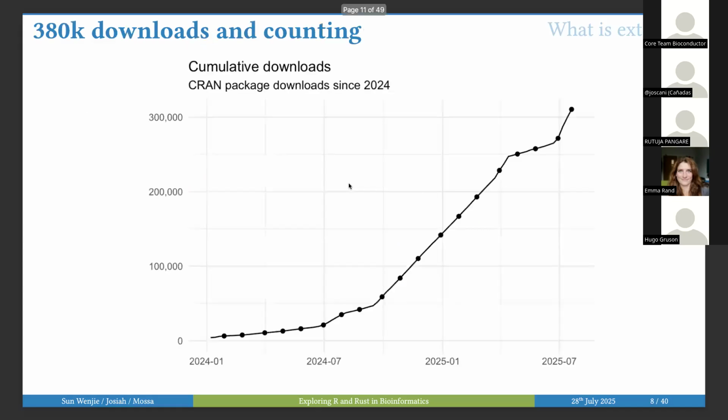in their everyday work. And since about 2024, we've seen over 380,000 downloads of packages that are using extendr under the hood. And we can see that this is starting to tick upwards quite significantly in this new year, which is really, really exciting. And I think it's just going to prove that, hey, Rust and R work well together, and we're figuring out how to work with CRAN in a way that's amenable for everyone.